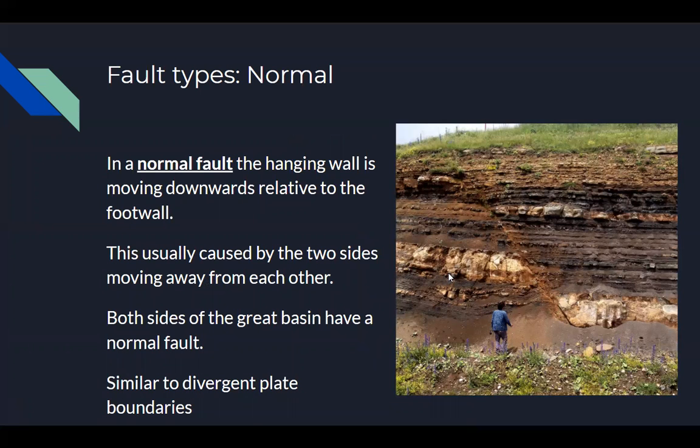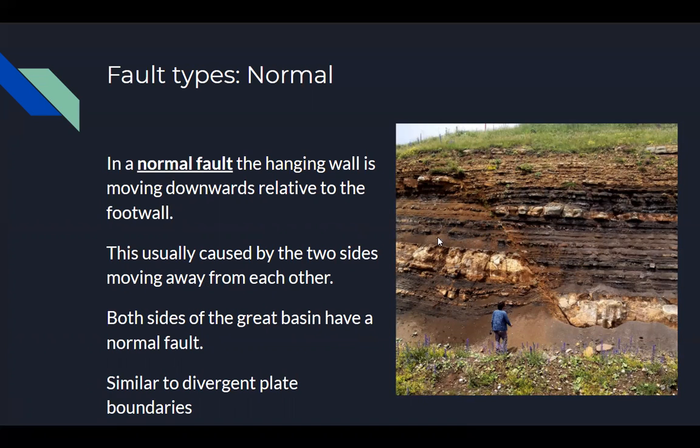So these types of faults, there are different types. We have the normal fault, which is when the hanging wall, which is this portion of this fault, you can see the crack right here very clearly. The hanging wall moving down relative to the footwall indicates that it is a normal fault. So you can see this layer of rock right here and right here. Those two layers used to be together. It used to be a single continuous layer. You can see that this fault has moved the hanging wall down, and the footwall has moved up relative to the other wall. Okay,